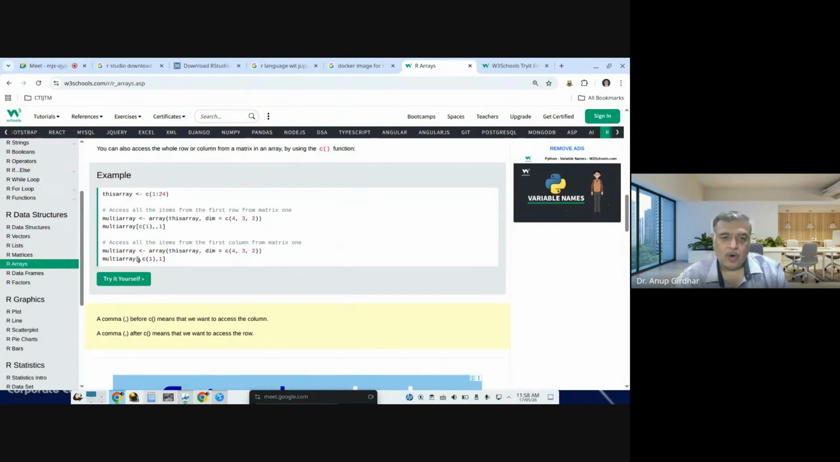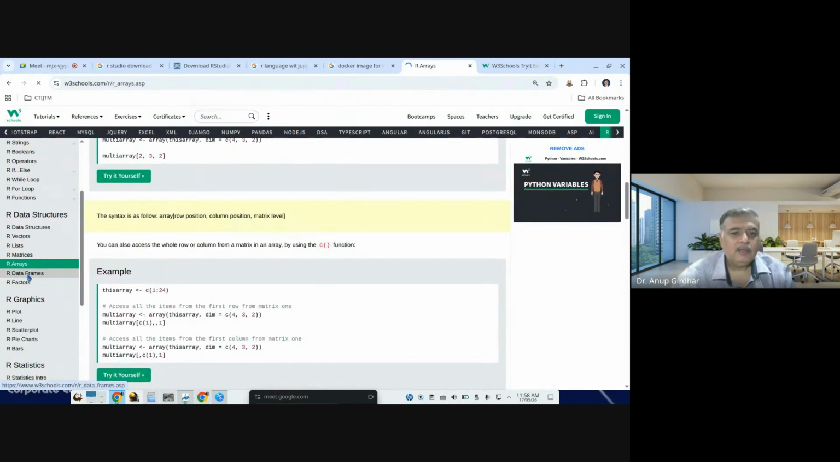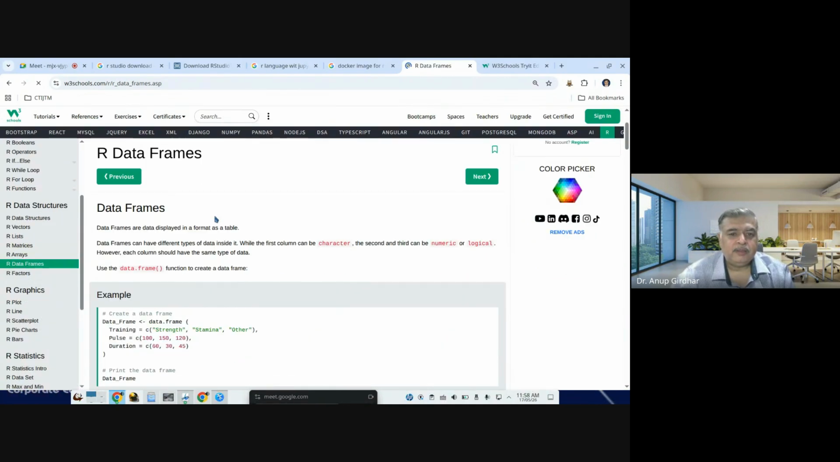Say first row, all the rows which you want to extract from column number 1 in the first dimensional array. So this is the way you can define and you can retrieve the data. Okay, and you got data